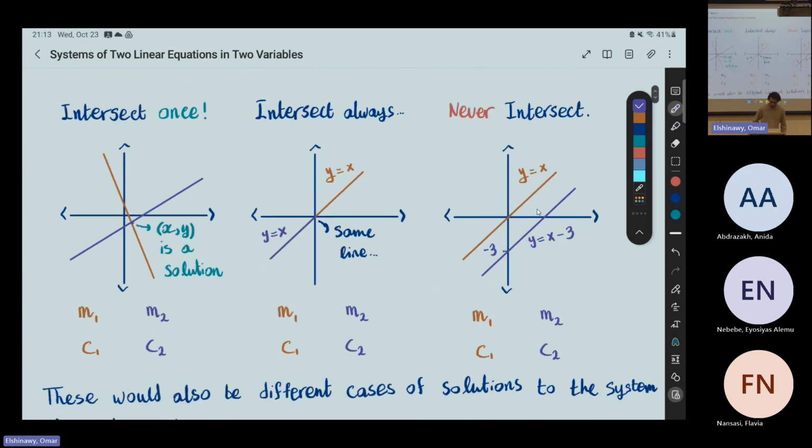So they meet once. They could also meet always. So you have a line and a line that's exactly the same. And we will talk about how this looks like, because a priori this is not obvious. Or you could have lines that never intersect. Now, before we talk about solutions, I just want to make a few brief remarks. One remark would be, if I look at the middle case,